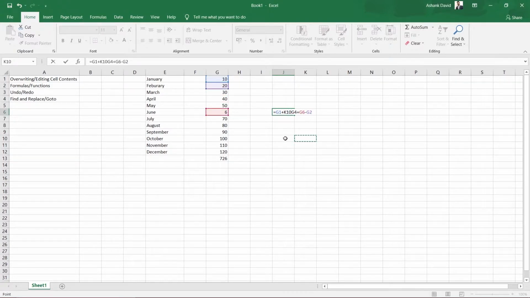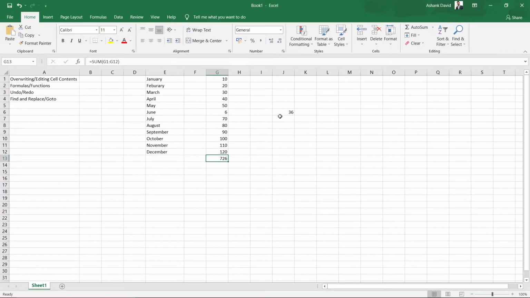So whenever we want to create another formula, we can just create the formula like this, or we can just use the function for that. Now in functions, you also have this AutoSum. If you click onto this drop down menu, you get so many options. So you have sum, you have average, you have count numbers, then you have max, then you have min. All these are predefined functions. So these are what we call functions.